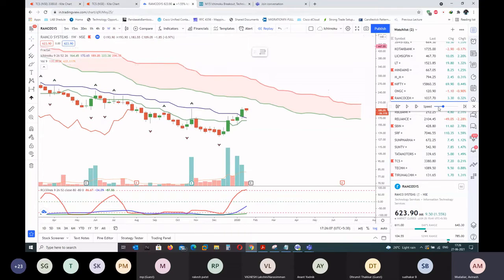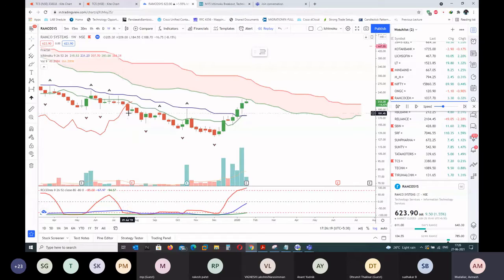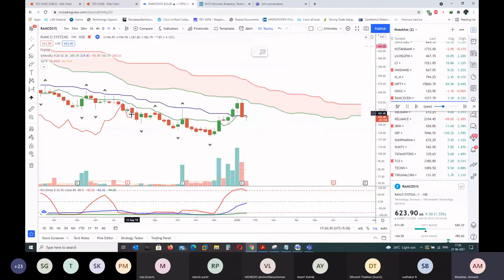So same thing will happen. Now you will see it will form a doji kind of a thing and then the bearish move, it will fall down. I'm not saying this will be the case every time, but it will help you out with identifying the momentum and staying out of bad trades basically. Otherwise you'll experience that once you enter a trade, price goes the opposite way. With this trick, most of the time you'll save yourself from bad trades.